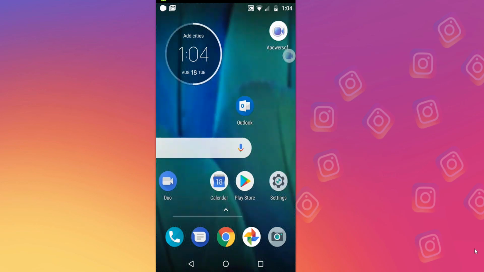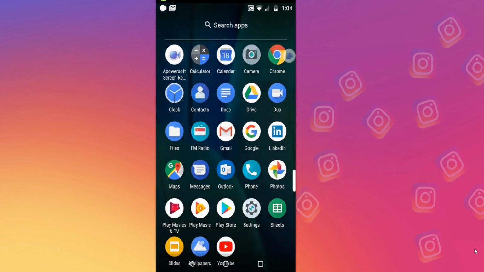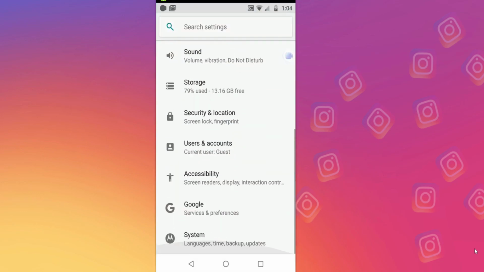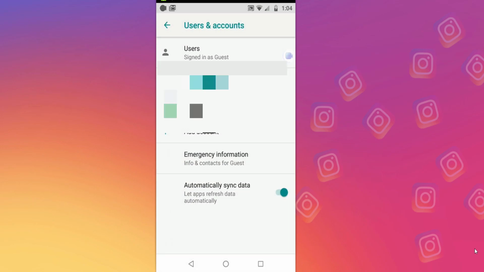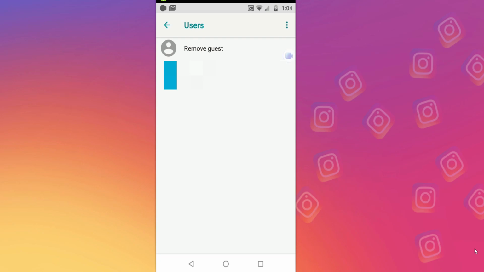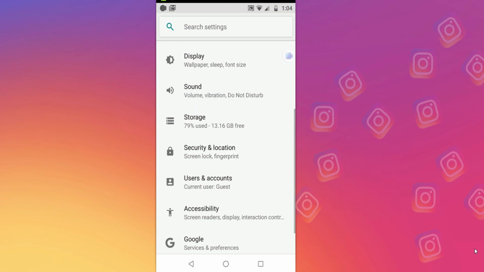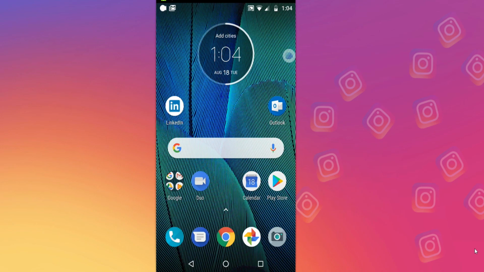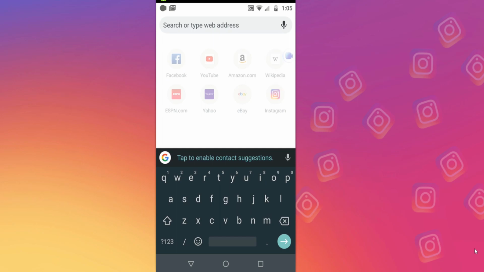I don't want my phone to be hacked, so what I did is I first went into the settings on my phone, then into users and accounts, and I signed in as a guest. Okay, so now I'm signed in as a guest. In this guest mode, you don't have all the apps that I have in the normal account, like the bank accounts and Facebook. You don't have to go for it, but if you do, sign in as a guest on your phone, and then from here I just search